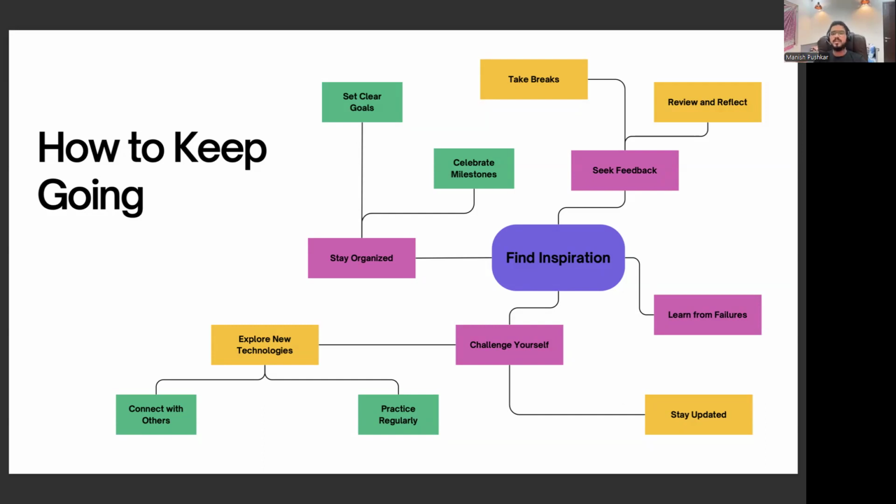ठीक है, ट्राई टू बी अपडेटेड विथ वॉट एवर इज हैपनिंग इन द मार्केट, एंड दैट इज हाउ यू कीप गोइंग. एक ही चीज करते रहोगे, यू विल बिकम बोर. ठीक है, लाइक यार क्या ही कर रहे हैं, वही सेम चीज, आई एम जस्ट फिक्सिंग द बग्स, आई एम जस्ट फिक्सिंग द एपीआईज. सो try to be curious, try to explore new things, challenge yourself. ठीक है, try to seek feedback from your peers, from your managers.